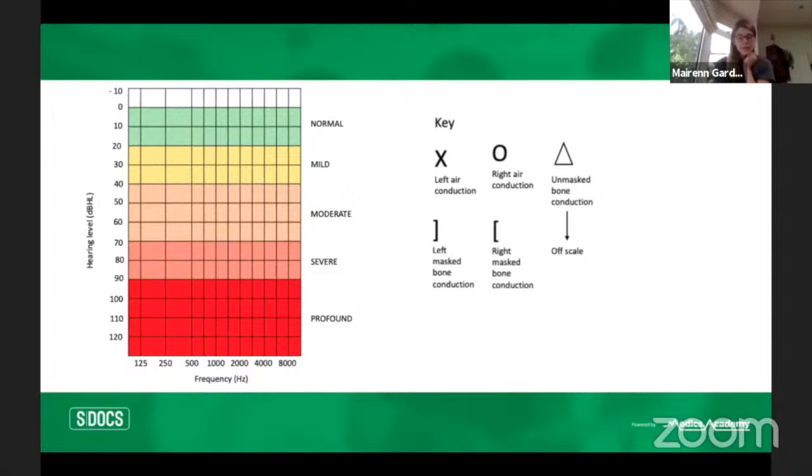Someone with mild hearing loss, it's usually their family who notice something before they do. They might struggle in noisy environments and sometimes turn the TV up louder, but it doesn't really affect them too much. Moderate hearing loss, people begin to miss what people are saying, and they'll begin to notice it themselves,